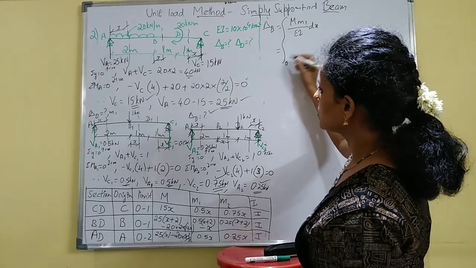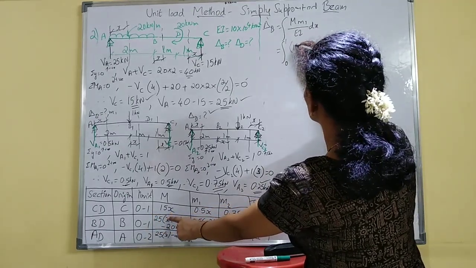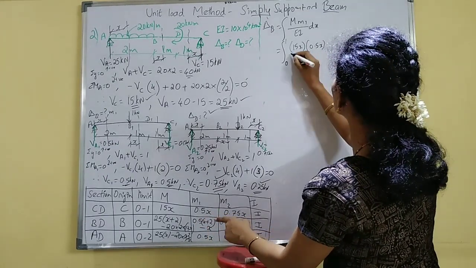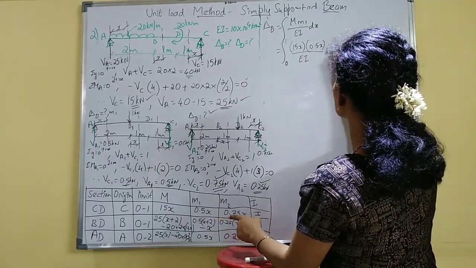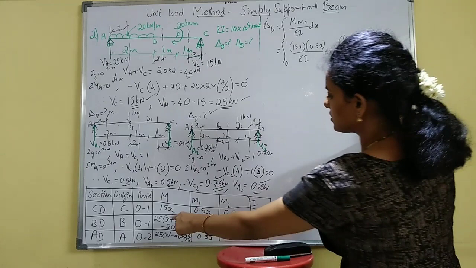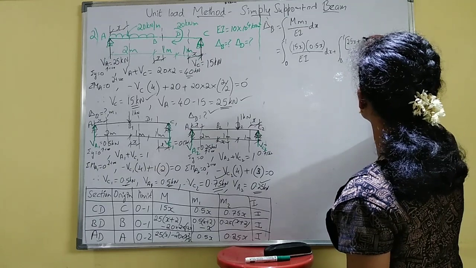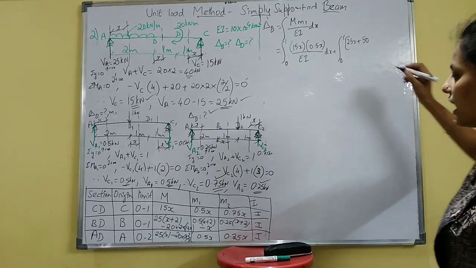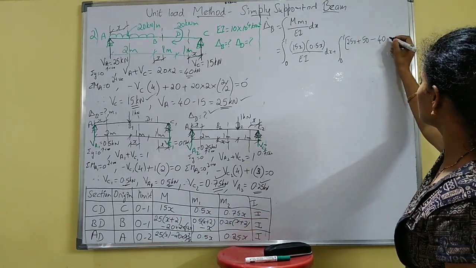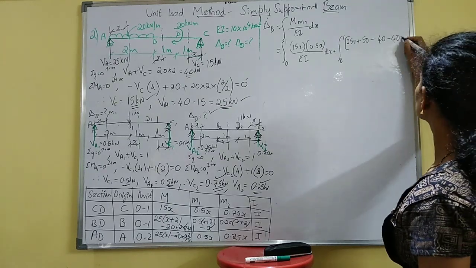Section first 0 to here 1, M is 15 into x, M1 is 0.5 into x divided by EI into dx plus 0 to 1, this whole region you just take that bracket, so 25x plus 25 into 2, that is 50. Then you will have this minus 20 into 2 is 40, so minus 40 into x